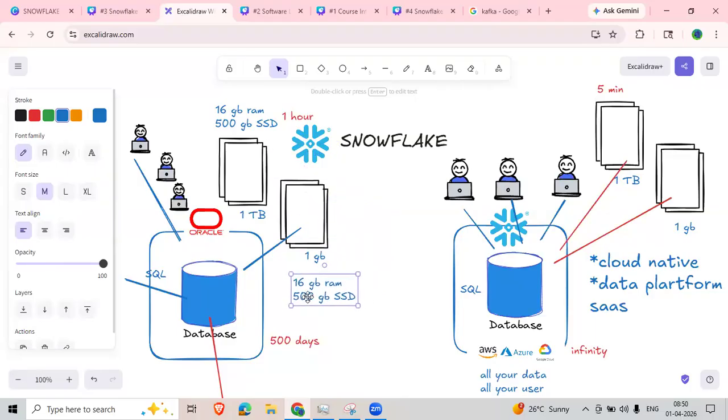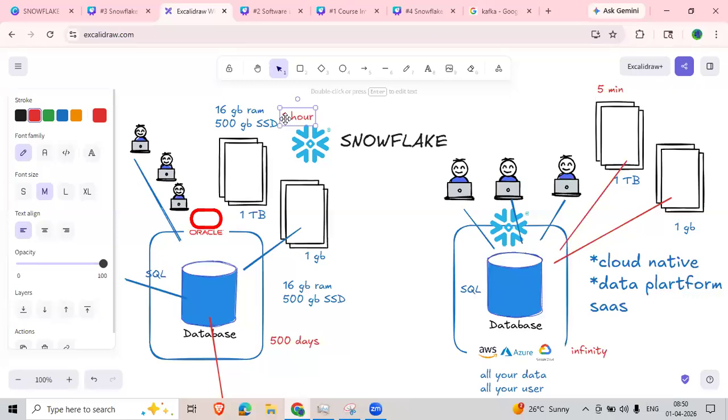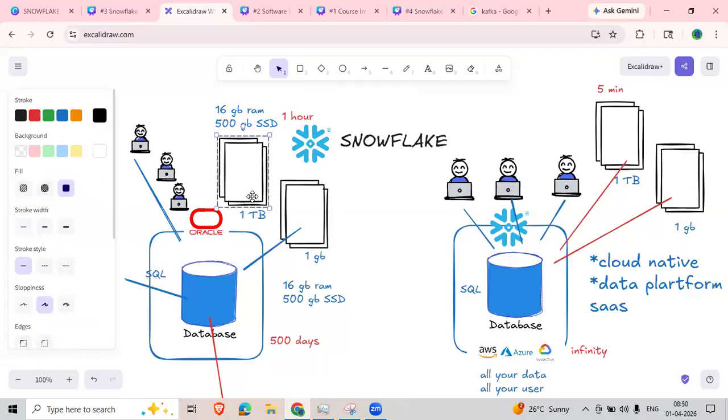Due to that, what is happening here? To process this 1 TB file, it is taking 1 hour to complete. In the meanwhile, business will get impacted because I need to order something. What I need to order, the complete information is in this file. My business will start at 9, but this file is taking until 11 o'clock in the afternoon to load into my database, which will impact my business. So that is the reason